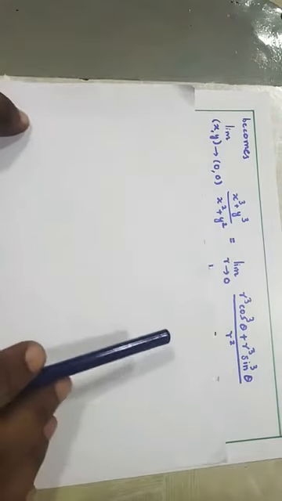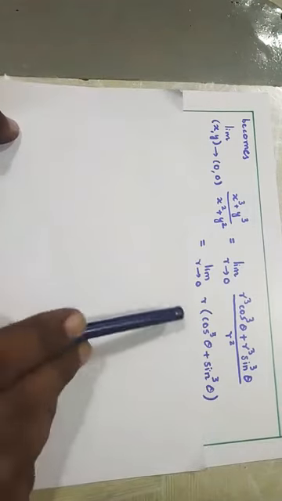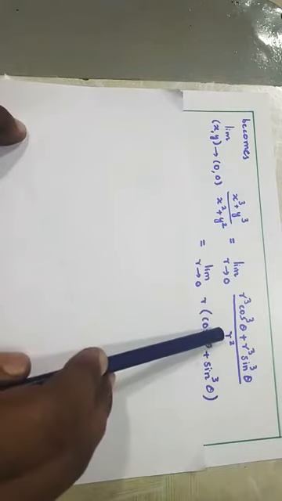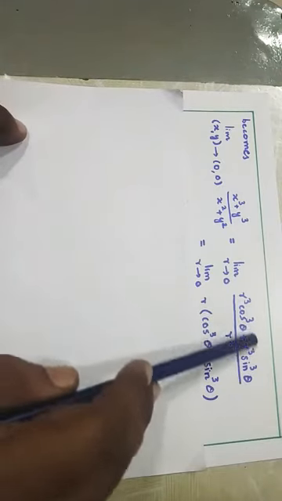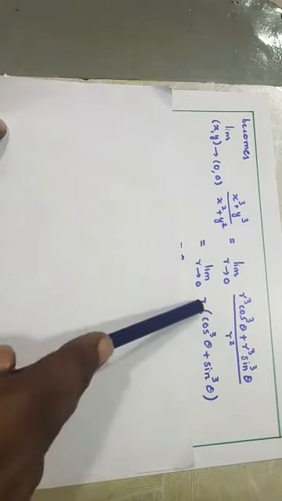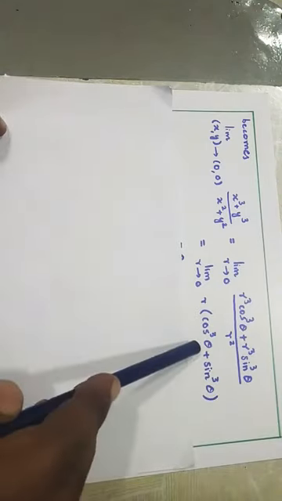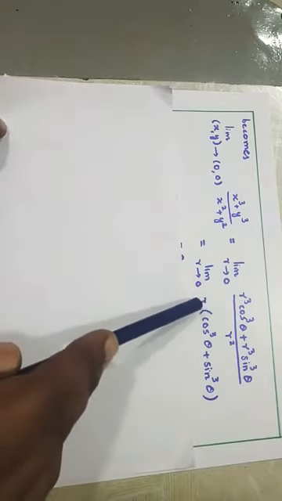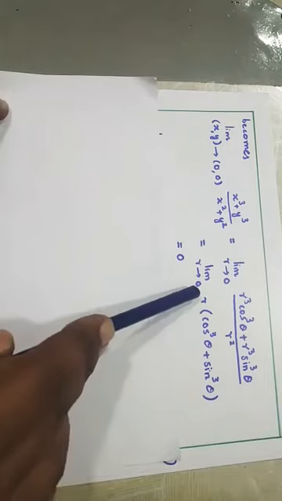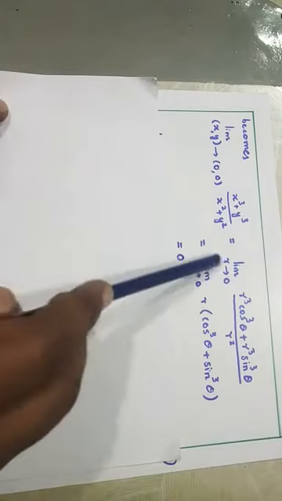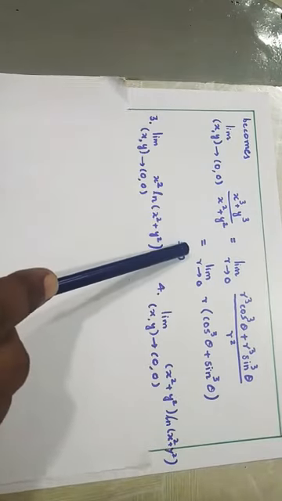Okay, so here r cube is common, divided by r square, so r square is getting cancelled. From this we are getting the remaining value r into cos cube theta plus sine cube theta. But cos cube theta plus sine cube theta is a constant term, because only r is tending to 0. When r is tending to 0, the whole limit becomes 0. So this limit, which seems to be quite difficult in Cartesian form, becomes very simple in polar form.